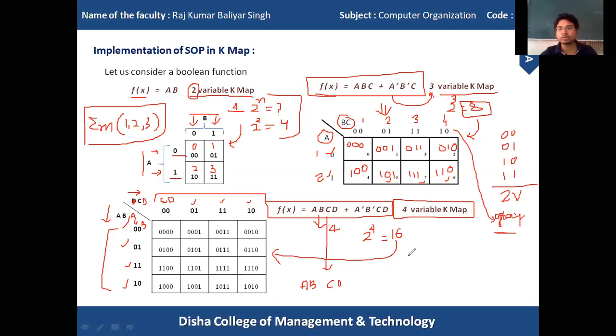Basically the gray code is used to find the common values while we are combining adjacent cells. We will discuss later on.